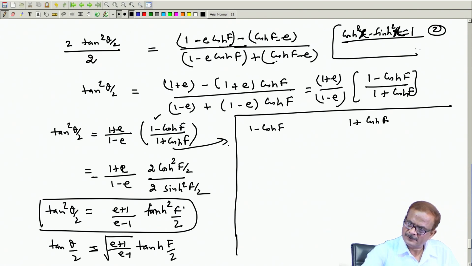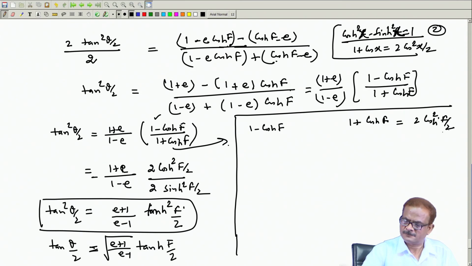That means, if you remember from our trigonometry that 1 plus cos x is nothing but 2 times cos square x by 2. So, the same analogy also applies here in this place. Okay. So, if we follow that, here this is your 1 plus cos hyperbolic f equal to 2 cos hyperbolic square f by 2. Okay. And then this part we can rewrite as 1 minus